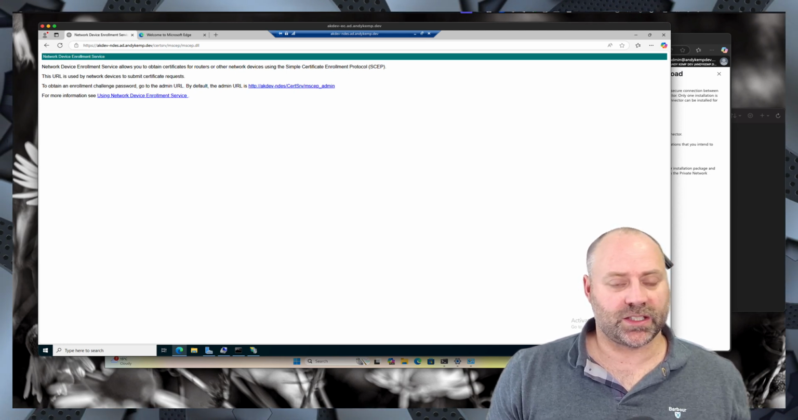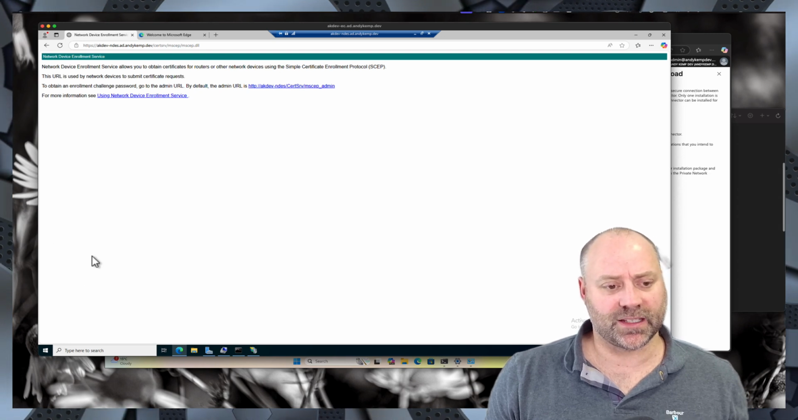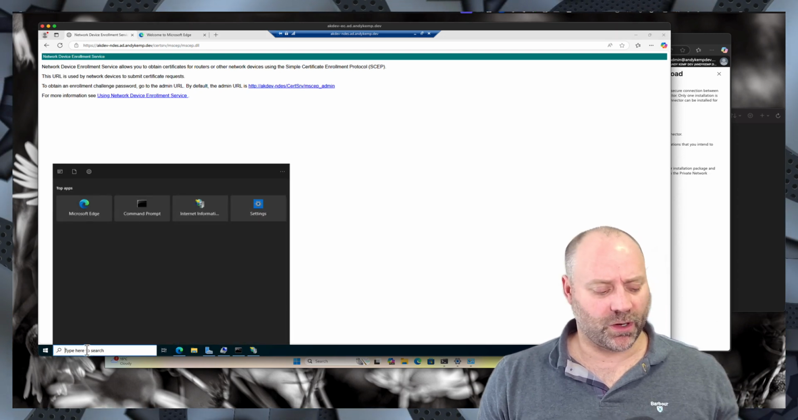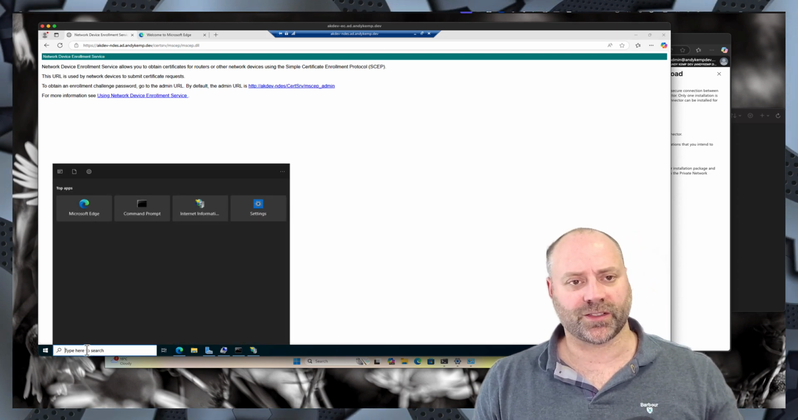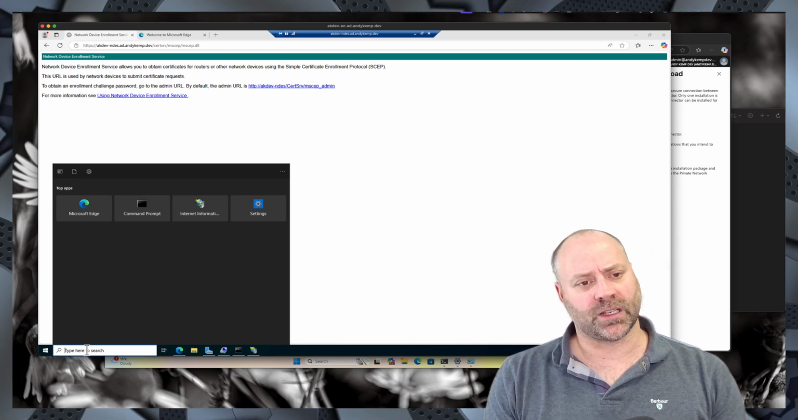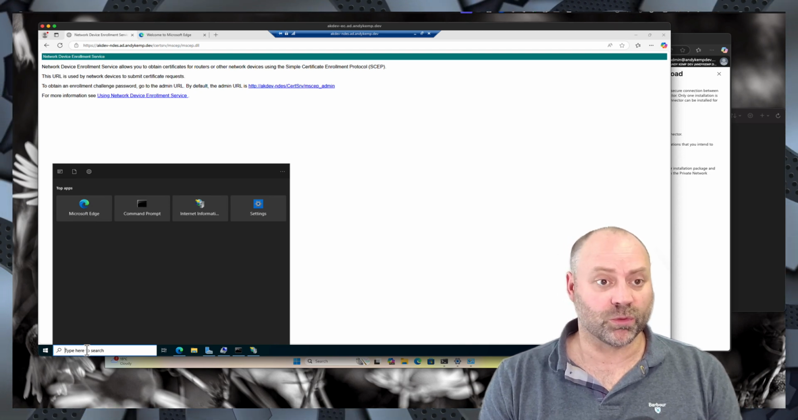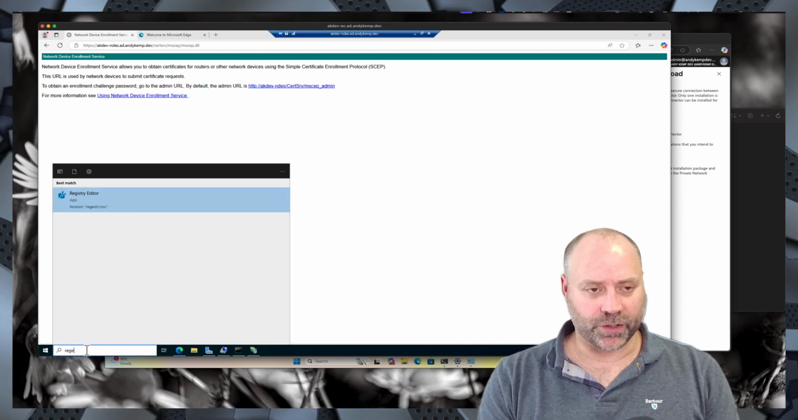The next thing we need to do, in prep for the certificates, is update the registry. According to the Microsoft Learn article, there are a few other registry settings to do, but I think since that was written, half of that is already done as part of the install. If we go into regedit,